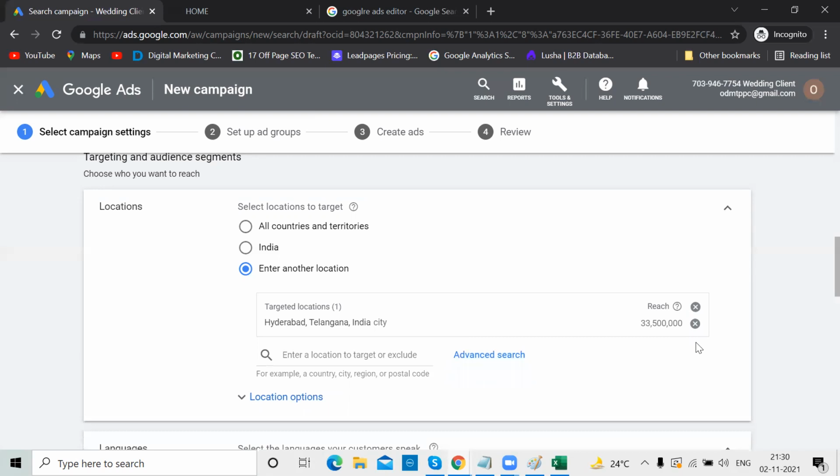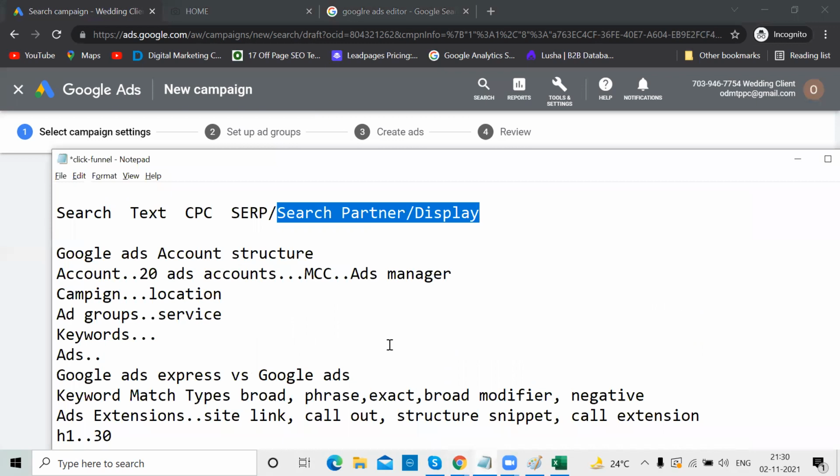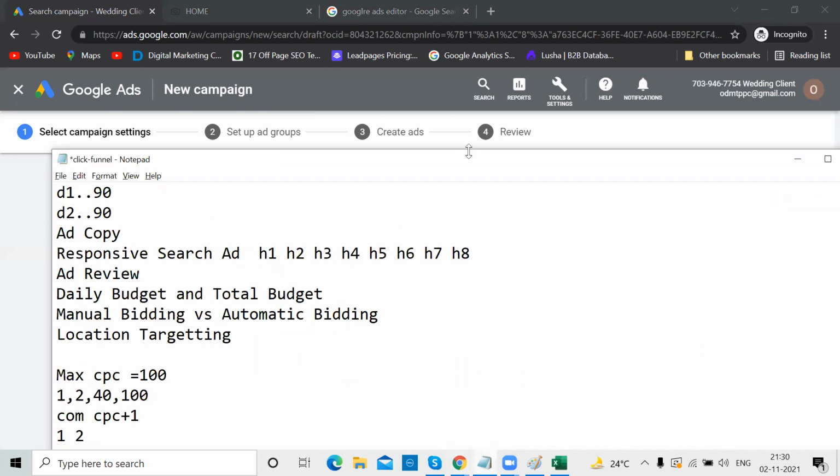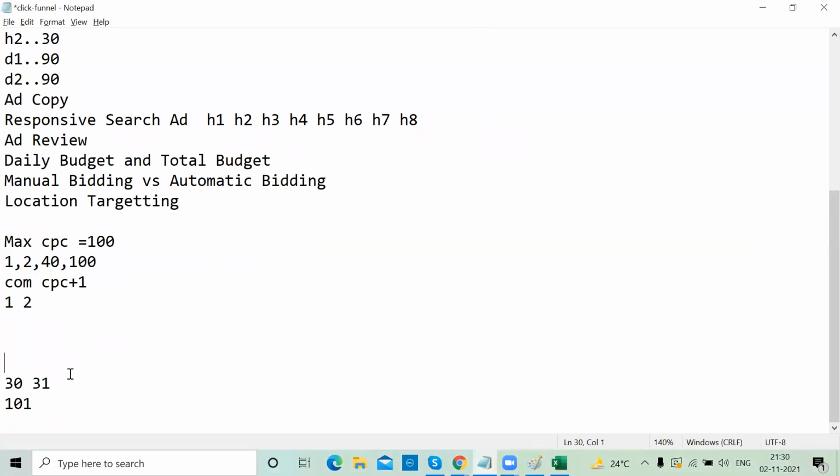Now her question is, she's not from Hyderabad, but she's searching from some other place. She's not even in this radius. Then how? Okay, I'll come back to your question. Before that, let me ask you one question. You mentioned my ad will appear to only Hyderabad people, and your keyword is something like, mention your keyword also. Wedding photographers in Hyderabad. This is your keyword.